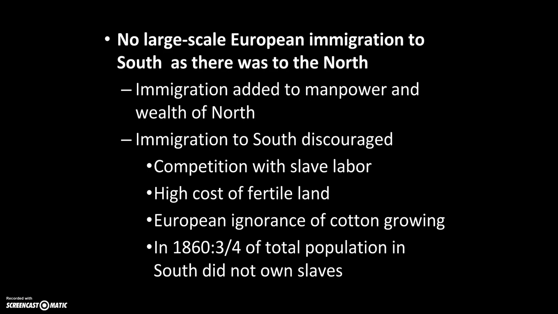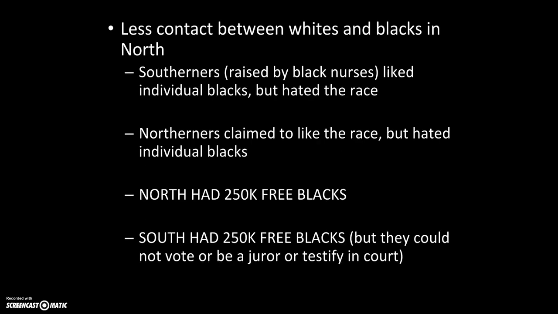So by the time we get to 1860, we're going to see that three-quarters of the total population did not actually own slaves. That's an interesting bit, because particularly when you see that graph that we saw before, that is a surprising statistic. All right, running out of time here on this 15-minute block, so we'll try to get through this next slide in a minute or so.